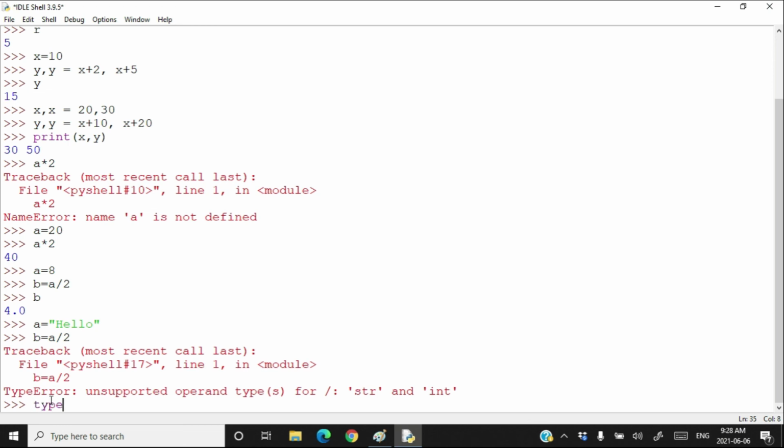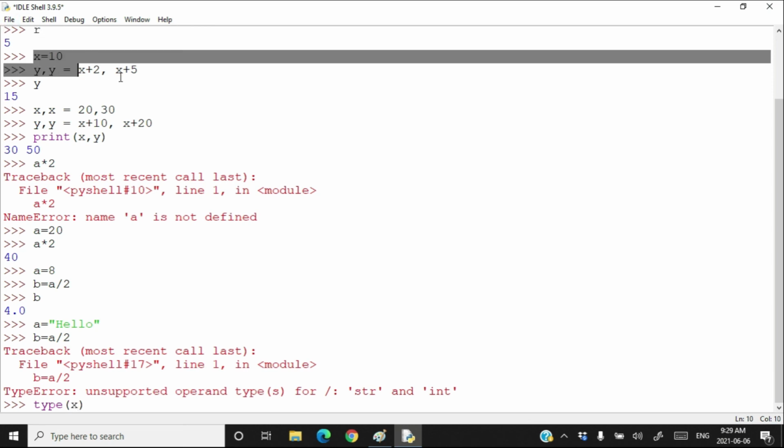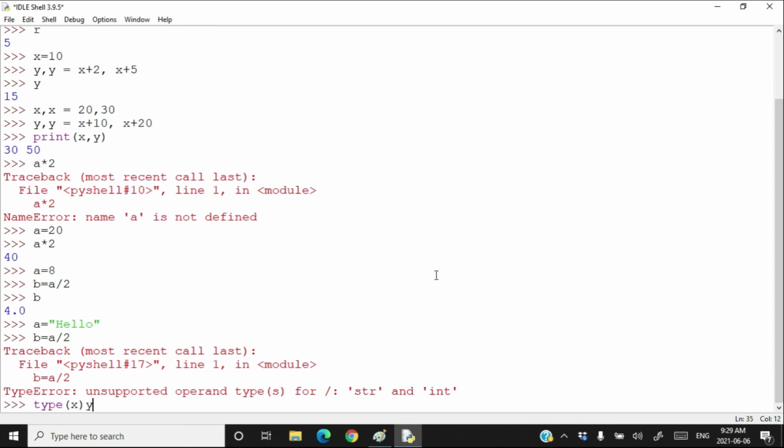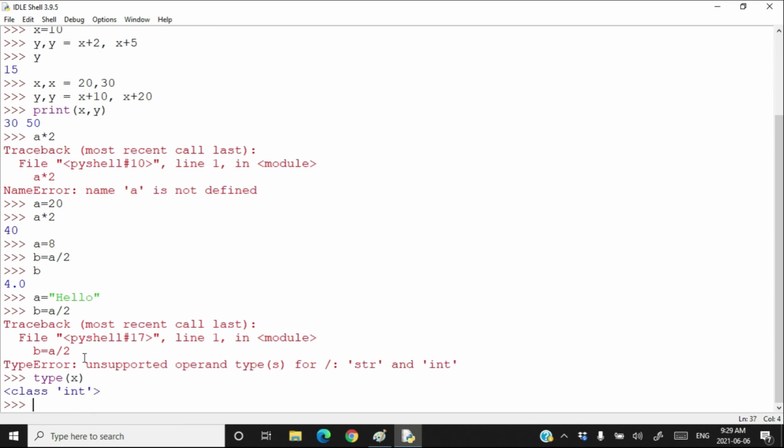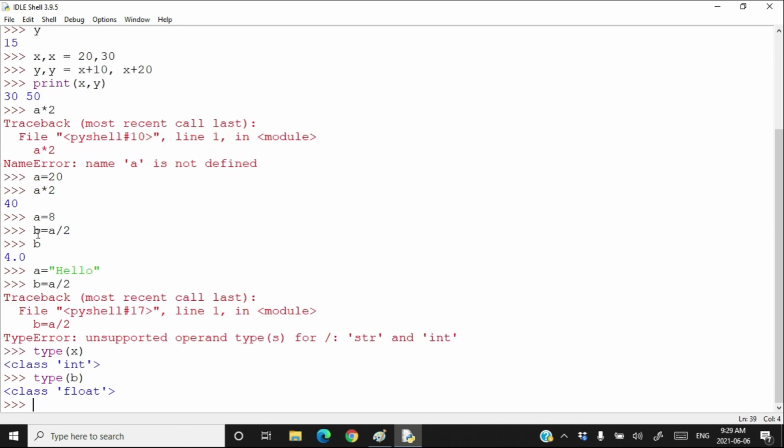If you type type and then you write x, press enter, you can see x is an integer. Then you type b. b is a float because you have divided something, so it becomes float. What is a? Type a. a is a string now.